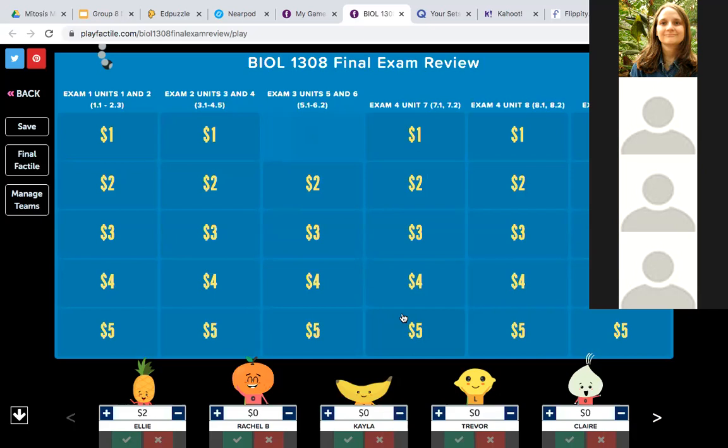I had a question. How are the teams interacting with each other? Is there like a chat screen or something? So for this particular one, I tried to think through how to do this in teams. The problem is when you put them in breakout groups in Blackboard Collaborate, maybe Zoom would actually be a better option because I don't know about Zoom, but when they're in breakout groups, they cannot see my main screen.